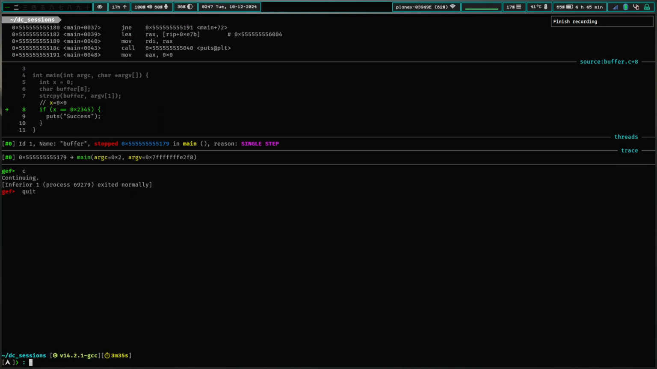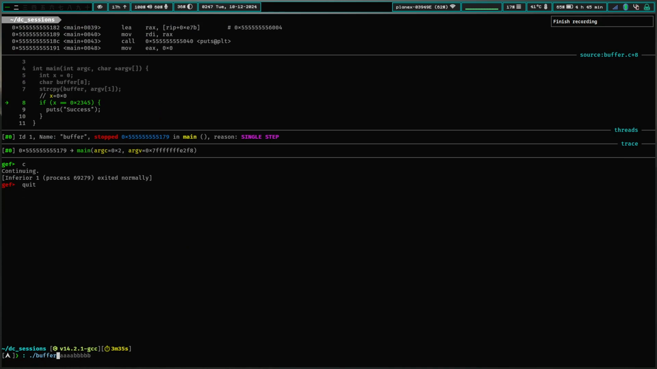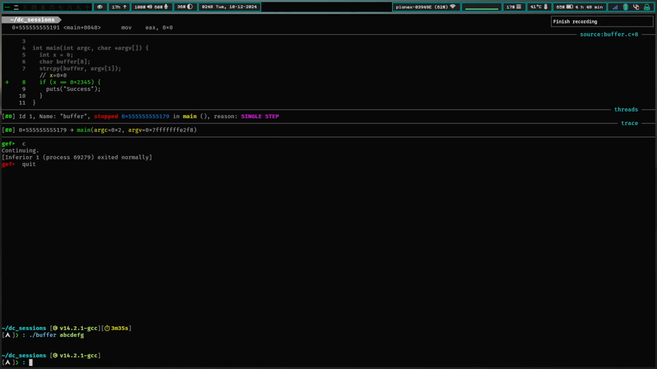No success key. So if I do a regular invocation, because most often you do not have the binary in binary exploitation, you just have to give it input. The input is what is insecure. So A, B, C, D, E, F, G, H, nothing happened. But now